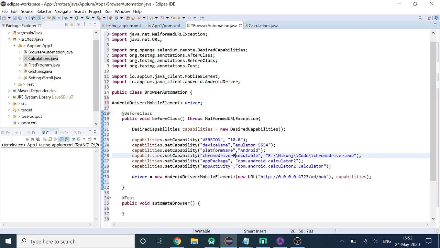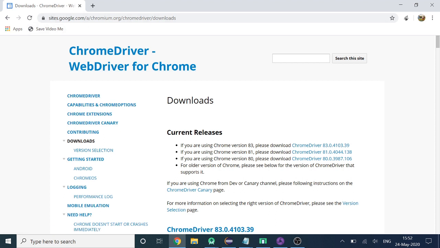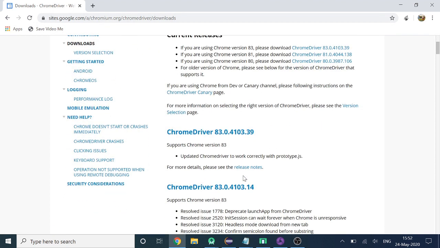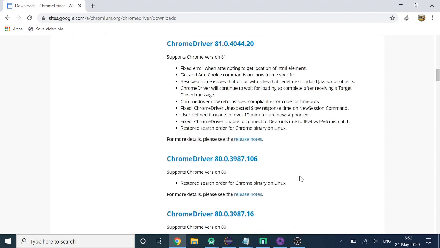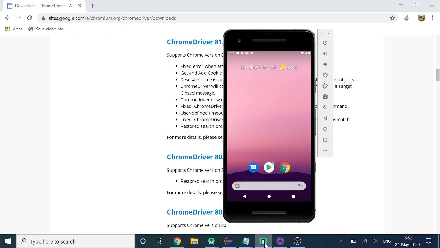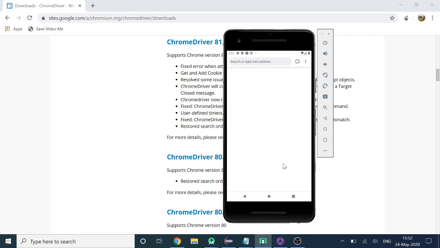that driver. Now from where you can download this driver is, you can go to this particular link and then you can search for different Chrome drivers which are compatible with different versions of Chrome browser. Right now in our AVD, we'll check the version of Chrome which we want to use.